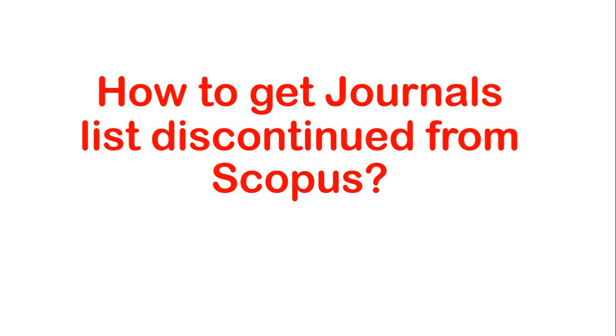So, the three main checks you have to do before publishing your articles are: the first thing, go to that journal's website homepage and cross-check whether it is present in the Scopus database. If that is present, then go to the Scopus website and check whether the journal is in the source list. The third one is to download the recently discontinued list of journals from the Scopus website and cross-verify it. Once you have verified, then you start submitting your manuscript.